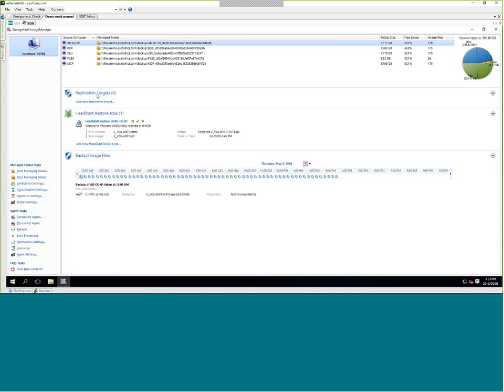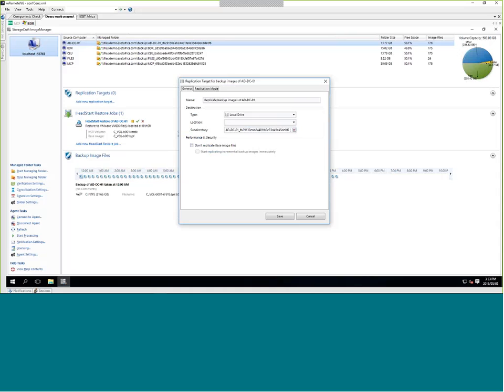Next, as I mentioned, there's a couple of replication options, which I mentioned in the earlier slides. There's the local drive option, which is always free. You can set that to, say, a local physically attached drive. That's how you would set up a solution whereby you maybe go on site, say, once a week or whatever the case may be, and you take that physical drive off-site on behalf of your customer.